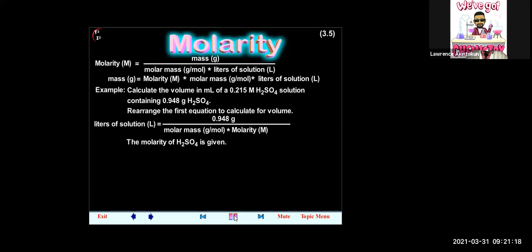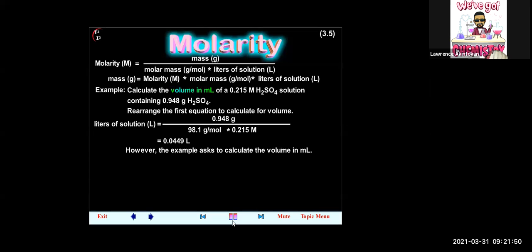The molarity of H2SO4 is given. Calculate the molar mass of H2SO4. Molar mass equals 98.1 grams per mole